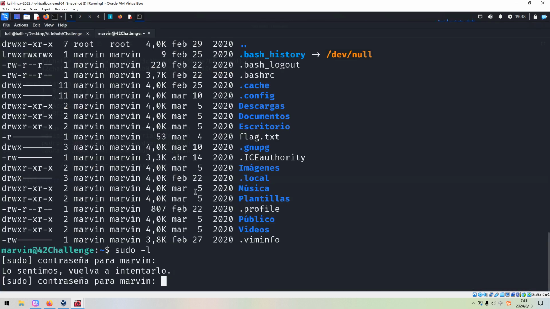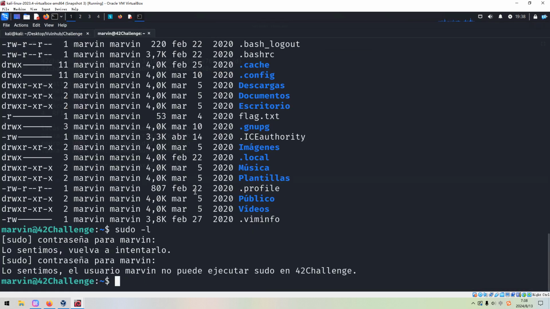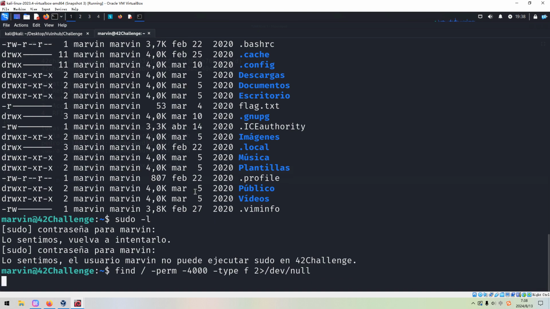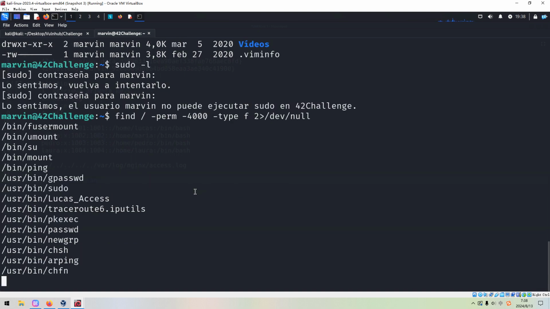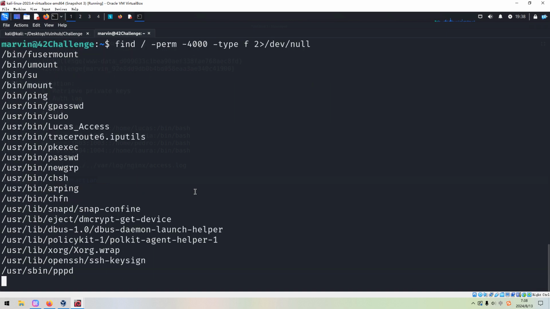Next, we can paste over here. So no sudo, and we can try to find this one. Oh, we got this one.